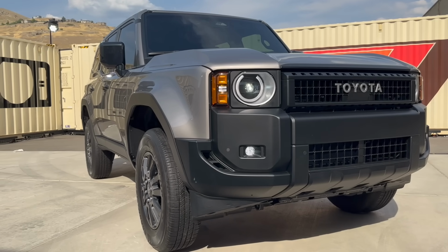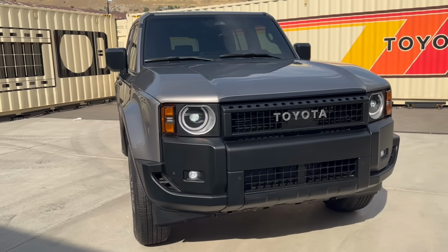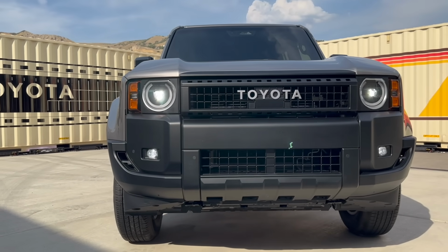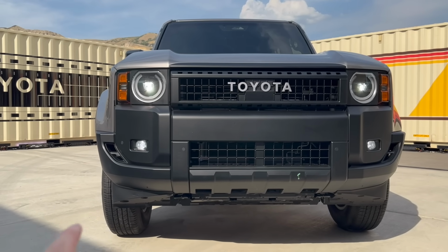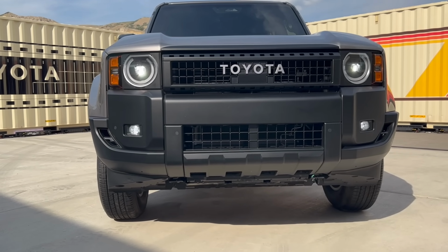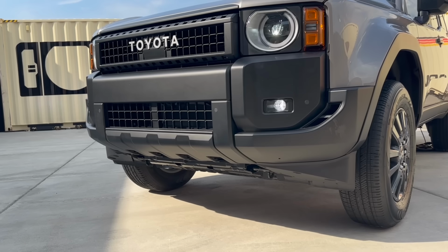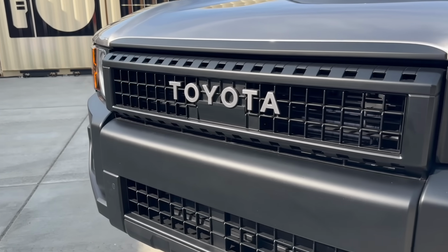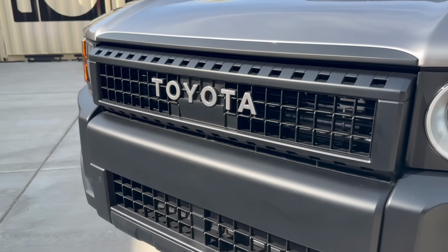So the whole design of this new Land Cruiser is very heritage inspired. All 3 trims are gonna have the heritage style grille, but this 1958 one is going to have round headlights up front. So they're gonna be LED round headlights up front, and then we also have some LED fog lights. Very good approach angle up front too. As you guys can see, it does come with skid plates. We do have tow hooks down there. Our radar for our cruise control, because this does have Toyota Safety Sense 3.0, is right there under the Toyota